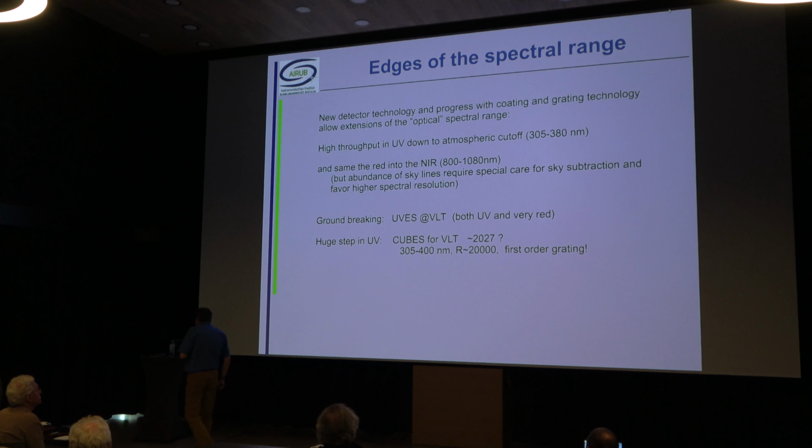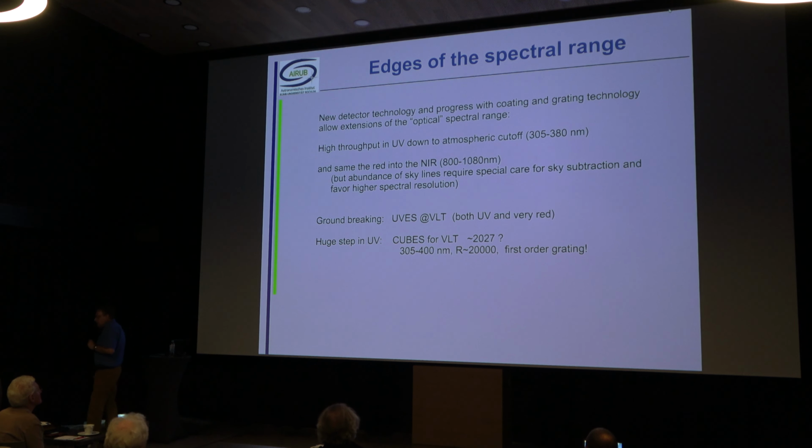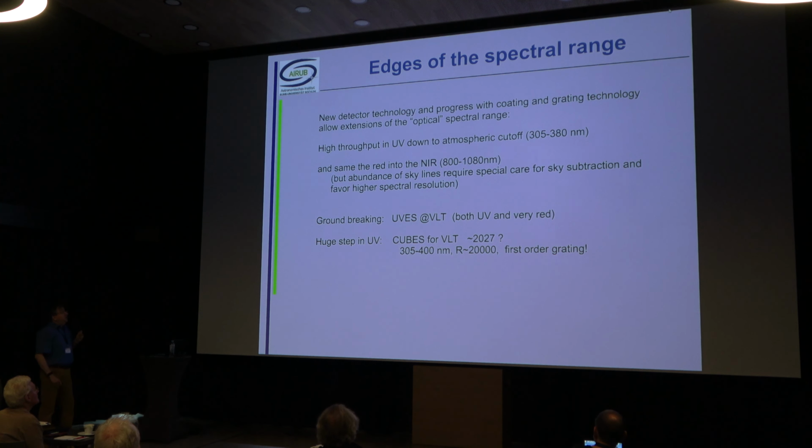Okay. What else could be interesting? Well, this could be the edges of the spectral range. The new detector technology now allows us to extend the optical spectral range beyond 7,000 angstroms, to a micron or so, and also going down to the UV cutoff of our atmosphere. Obviously, we lose more and more light, or we get more and more problems with the skylights,